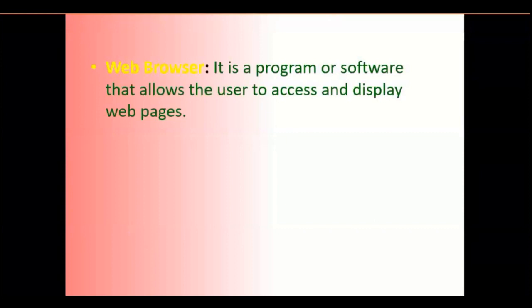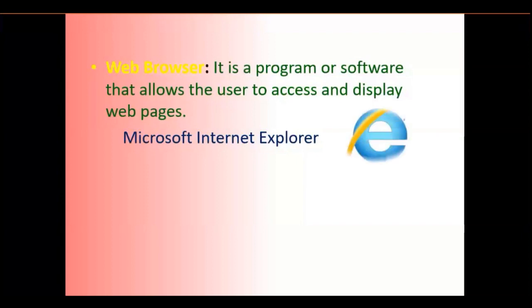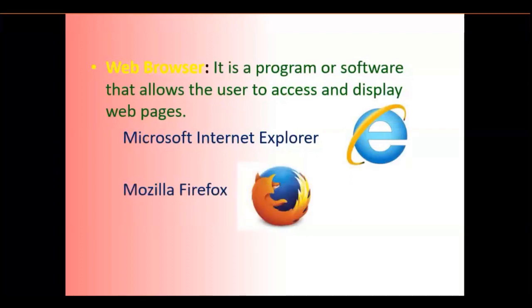Now, I'll tell you a few examples of web browsers. First one is Microsoft Internet Explorer. Once you install Windows, you'll get Microsoft Internet Explorer on your computer. The next one is Mozilla Firefox. This is also a very popular web browser. And the third one is Google Chrome. Google Chrome also you all must have used. Now these three symbols are also given, children, over here. So you must remember the symbols of these web browsers. Also, try to find out about a few more web browsers and their icons.